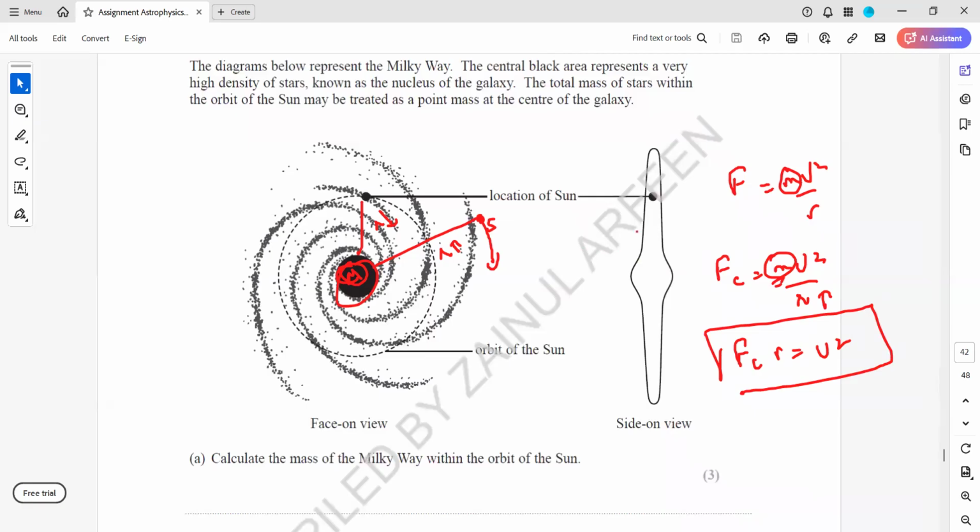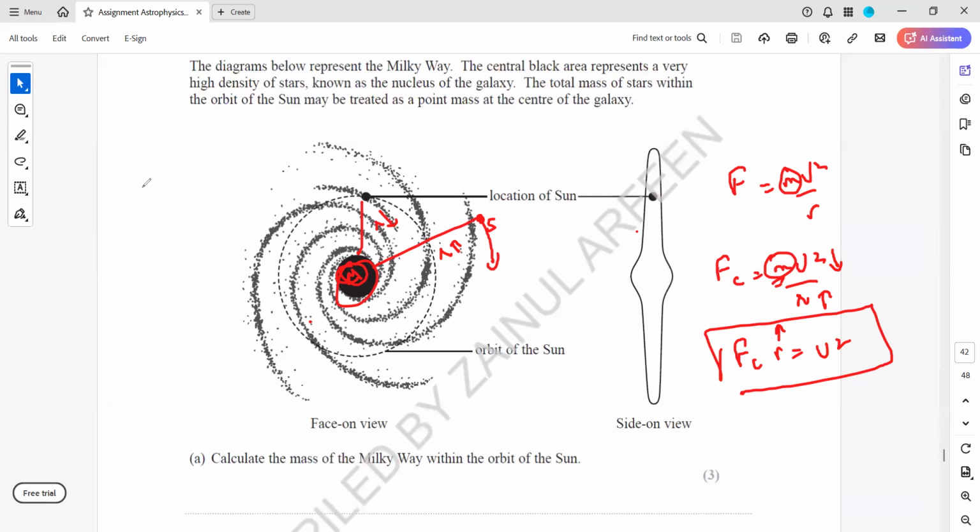Because the centripetal force depends on the distance of the star from us, and this centripetal force is also equal to the gravitational force as well. Mass of a star stays constant. So as we increase the r, what will happen to v? If r is increasing, what should happen to the v? The v should decrease. Why should v decrease? So that the force varies with the distance according to the inverse square,